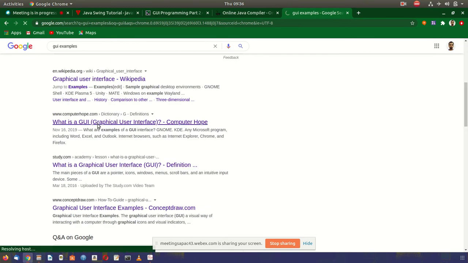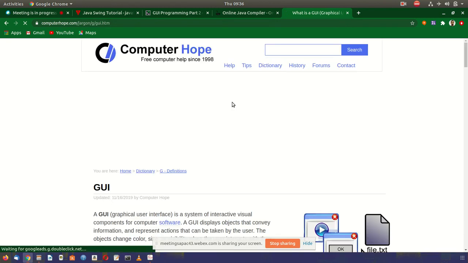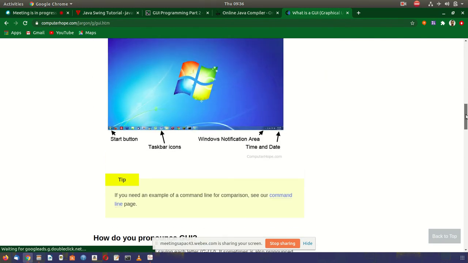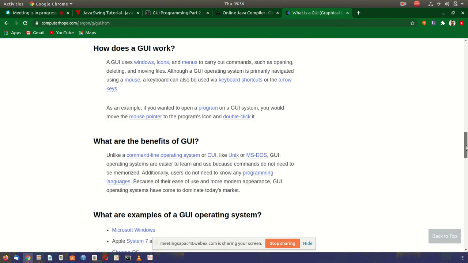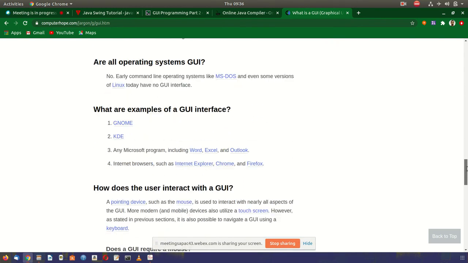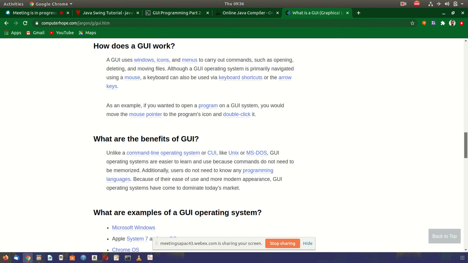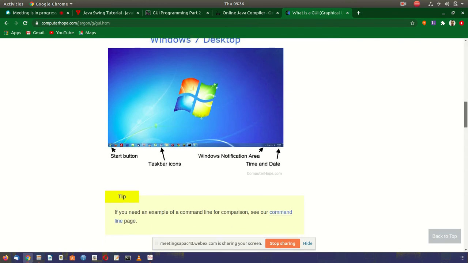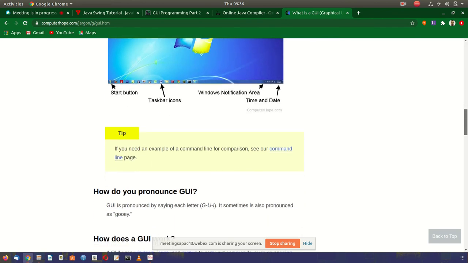So from this word graphical user interface, I mean to say that it is a medium of communication between a user and the system. Like when you write the definition of operating system, you write that operating system is an interface between user and the hardware. So that does not mean that operating system is an unimplemented function, which we learned as the definition of interface in Java. Interface, when we write in Java, is a very technical term.